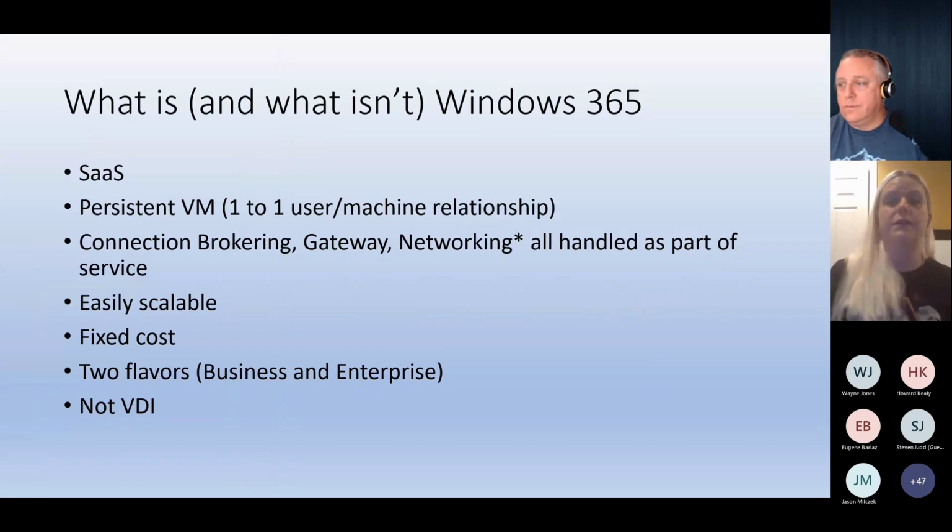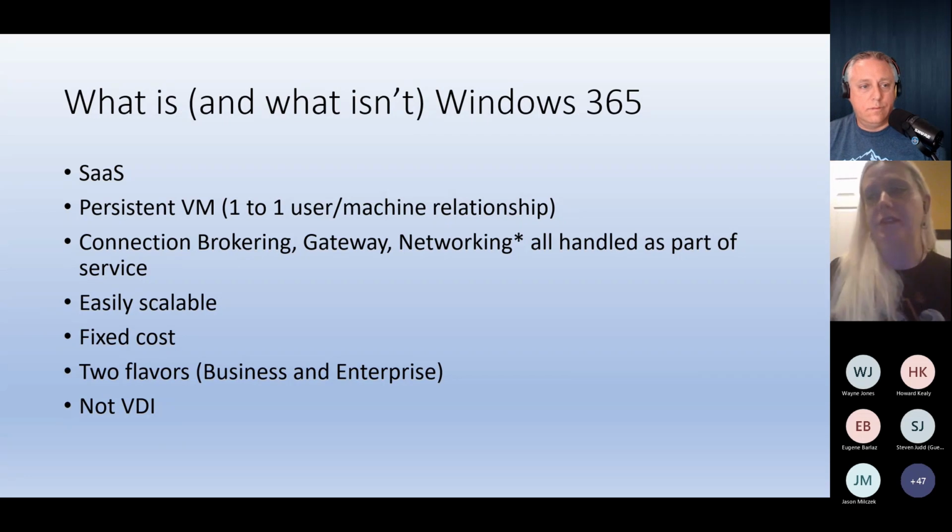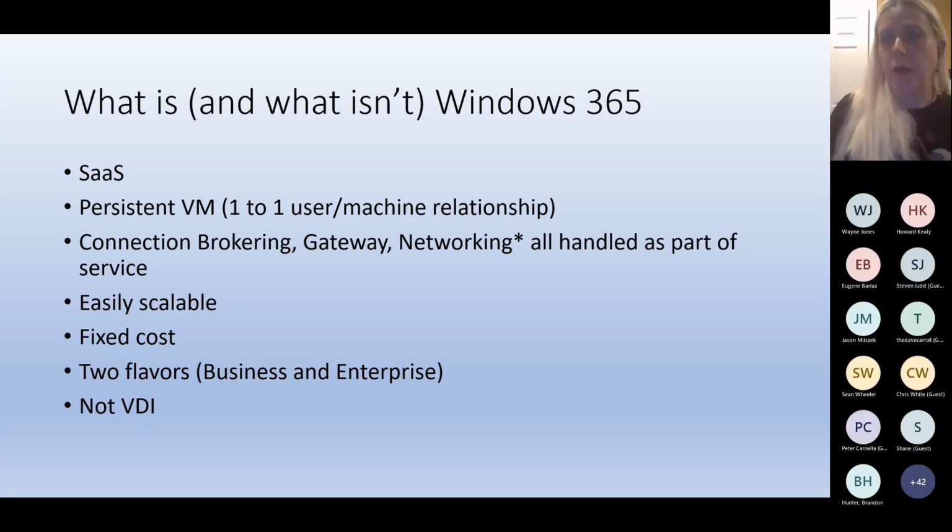All right, so here's the first question. What is and what isn't Windows 365? Windows 365 is technically SaaS, software as a service, which means it's a fully baked solution as a service. So what does that mean from a VDI standpoint?